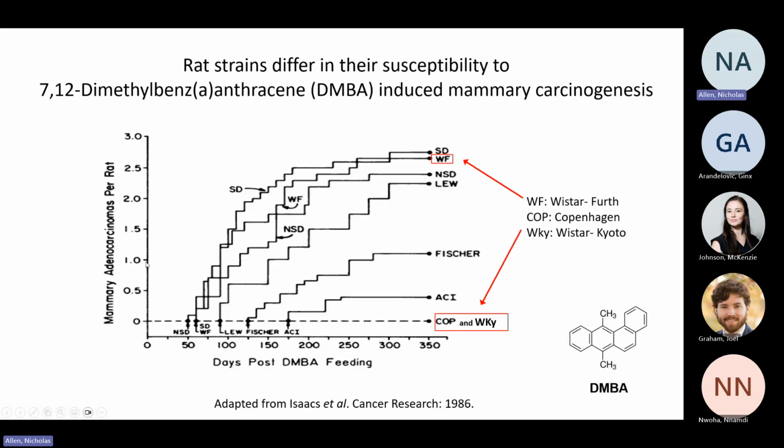So if you look at these different strains, like I said, you can induce mammary carcinomas by giving a chemical carcinogen. And you can see different lines for strains are developing more or less or even none, zero mammary carcinomas over time. Okay? So here we have the strain we call Worcester Firth. It's inbred. So its genome is homozygous across the board. And here we have a couple strains down here, Copenhagen and Worcester Kyoto, and they are completely resistant to developing